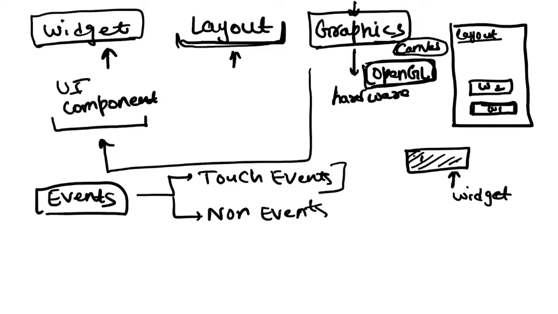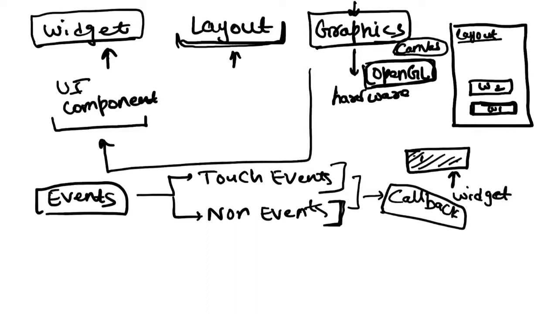So all those are touch events, and non-touch events are something, let's say sensor based events, like you want to tilt your mobile phone and then you want to take certain action. You want to send something from your accelerometer, gyroscope. There are a lot of sensors available within your mobile phone based on which you want to take certain action within your application. So all those events you can register, you can get those events, and you can create a callback action for what you want to do whenever such events happen.